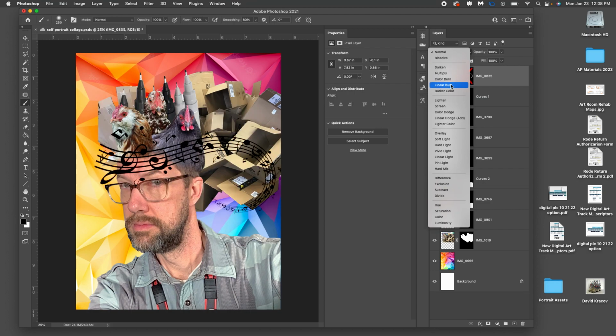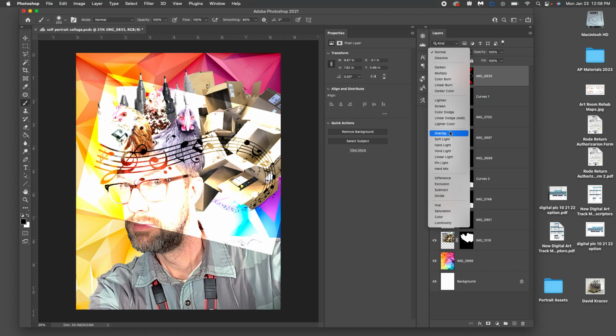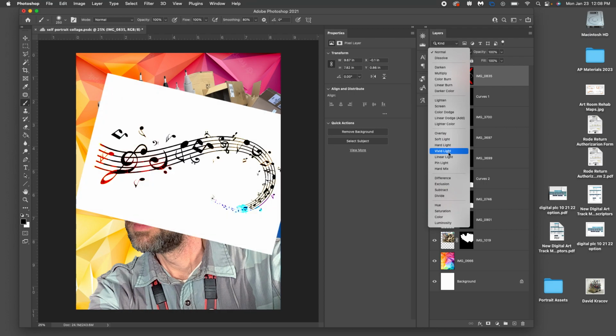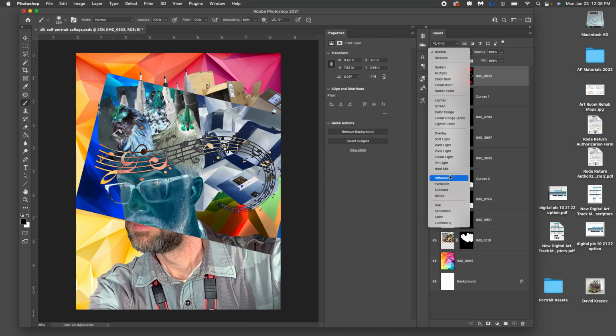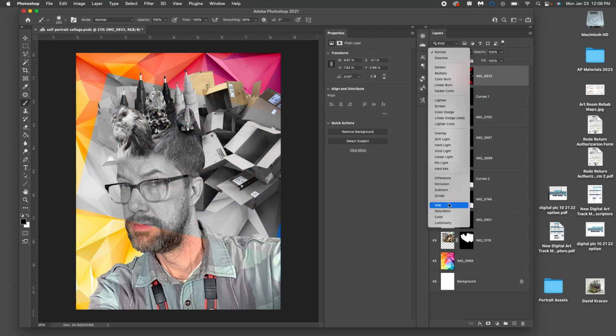As I work my way down here, you can see different properties. There you go. Lighten is the opposite of multiply, where it's cutting a hole in the black, and it's allowing the white to stay there. Here's screen, similar, color, linear. These are all lights. These are overlay here. This could just be an interesting effect that you do, like this. You can try difference, which changes things around a little bit. You can try all sorts of different things here. Here's like an opposite to subtract, it flip-flops a little bit. There's white, right? So now it's the same thing, but it's just lighter. So try some of these different